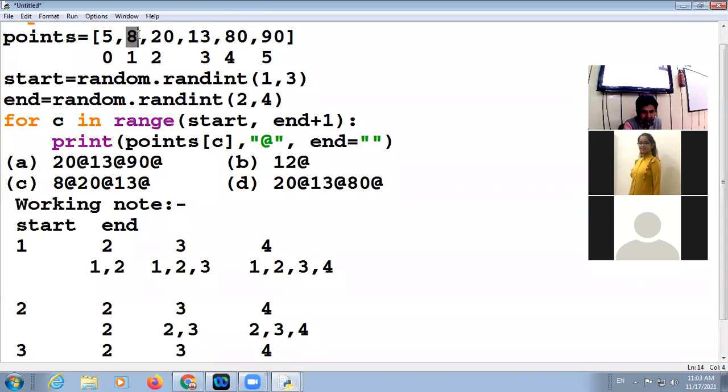At index 1 there is 8, at index 2 there is 20. So it will display 8 and 20. In this case, 8, 20, 13: 1, 2, 3 here. 8, 20 and 13. And in case 4, 1, 2, 3, 4 means 8 to 80.